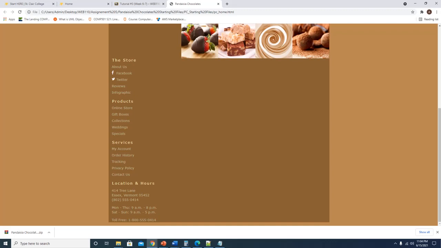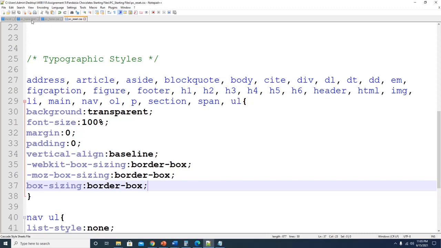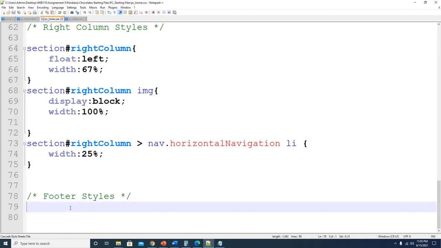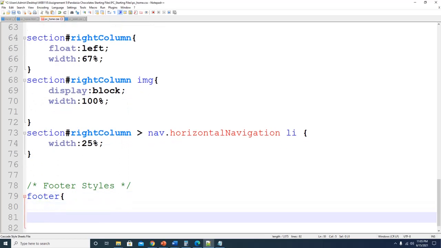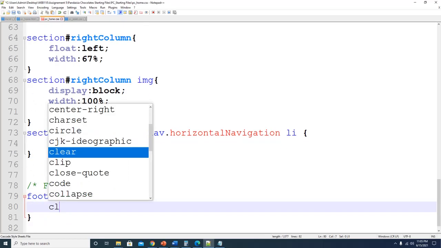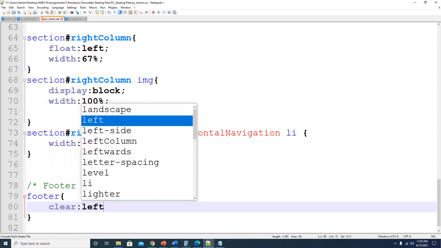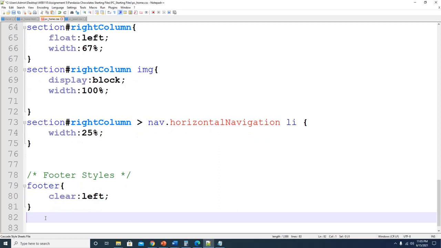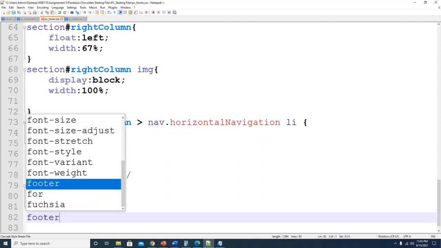Now we're gonna configure some more layouts. So we're gonna go back to PC underscore home dot CSS right there, and we're gonna set some footers. So we're gonna go to the footer style section, and we're gonna open up a footer rule. So footer, open curly braces, close curly braces. We're gonna type clear left,